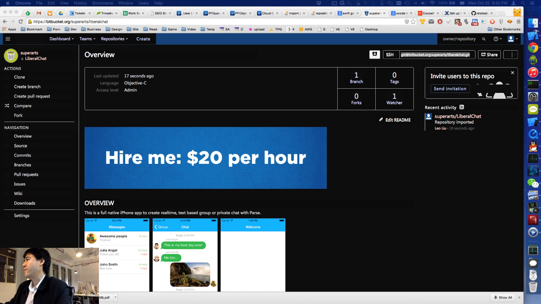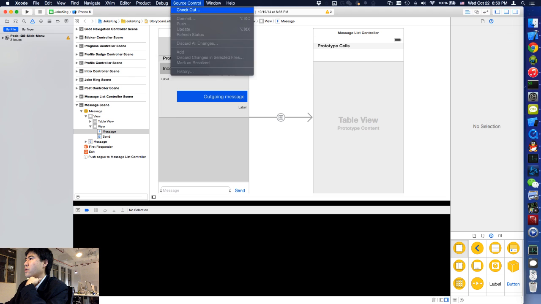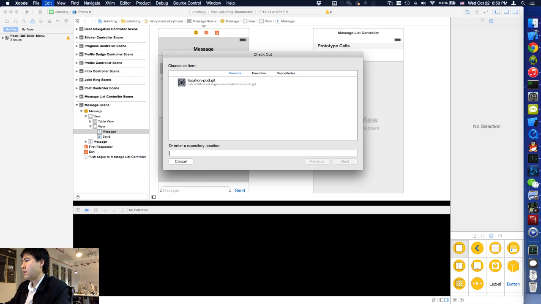They have something like this: the location or address of the Git repository, and it's either in SSH or HTTPS format. Either way, you just open your Xcode, choose Source Control, and use Checkout and add the